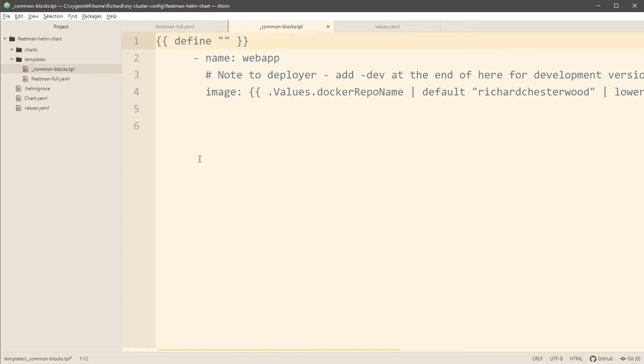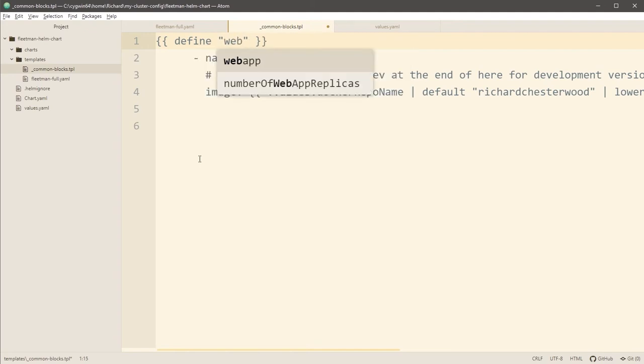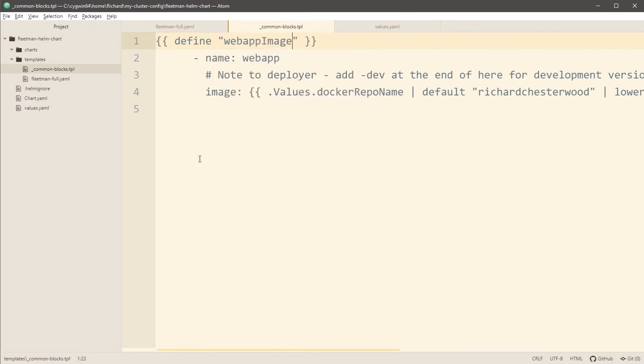And that parameter is simply whatever we want to call this block. Now, I'll talk about naming conventions here in a short while, but for now we can just give this block a label such as, I don't know, the web app image maybe, and we end the block with end. So with that in place, we now have a named template that we can use repeatedly across the entire project.